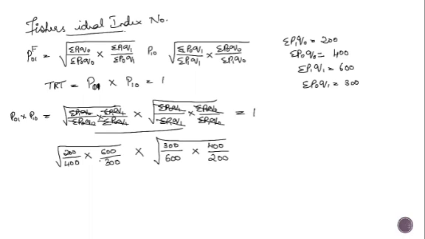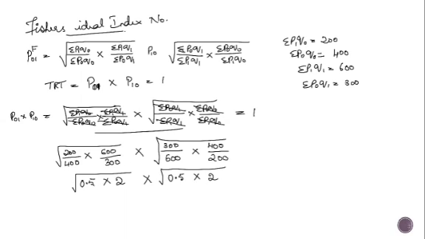Okay, so if you see here, you can easily cancel it, or I will make it even easier for you. So 200 divided by 400, let the square root be like this itself. 200 divided by 400 will give you 0.5, into 600 divided by 300 will give you 2, into square root of 300 divided by 600, again it will give you 0.5, into 400 divided by 200, it will give you 2. If you get confused in this,